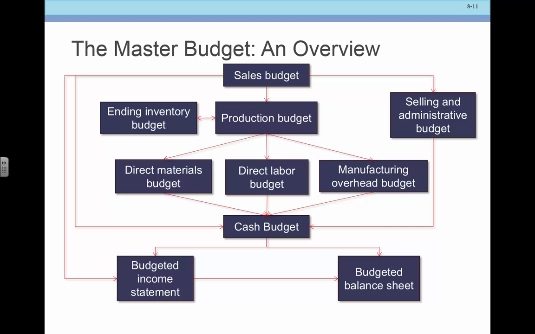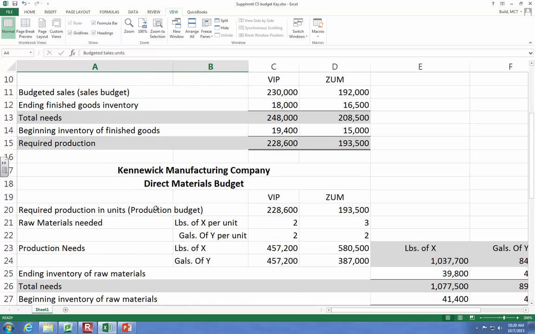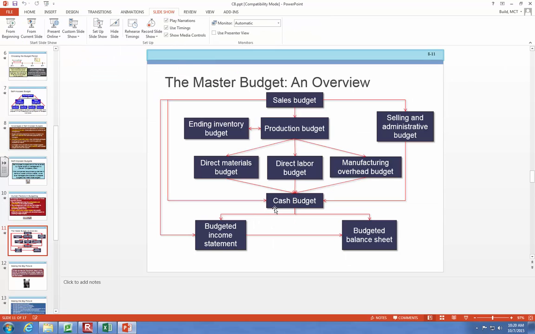Can you write that formula in Excel? So you're going to have to do what? When you go back to your budgets and you're working on total needs and ending finished goods inventory, I don't have it in here properly, honestly, but it's going to have to refer to the next period's sales. From the production budget,